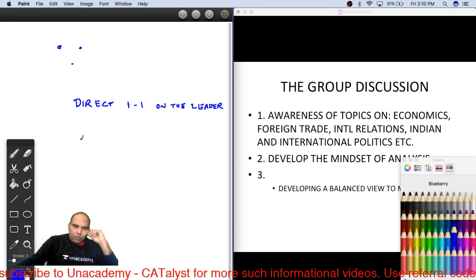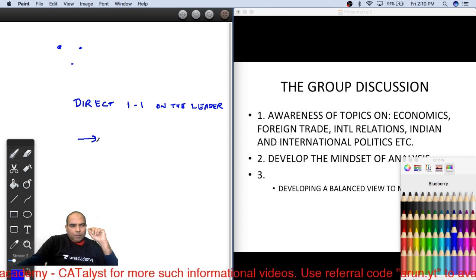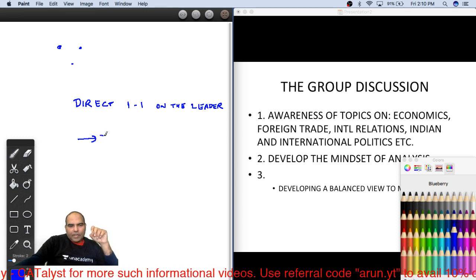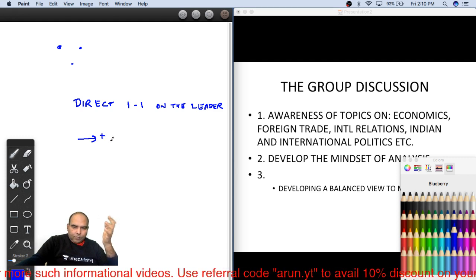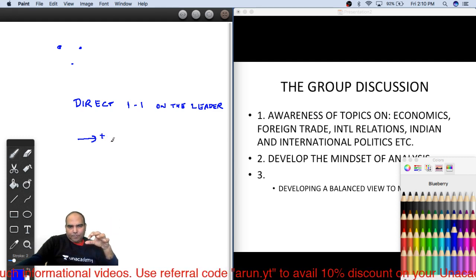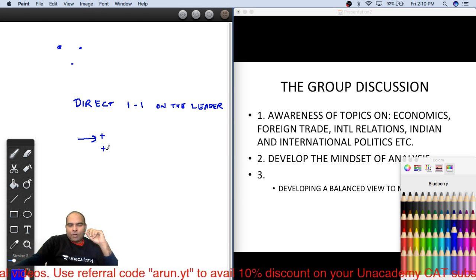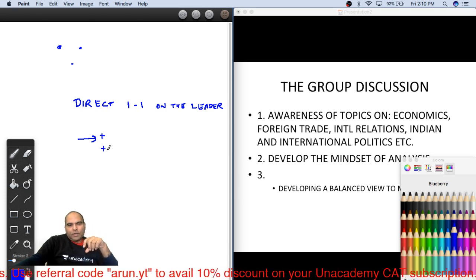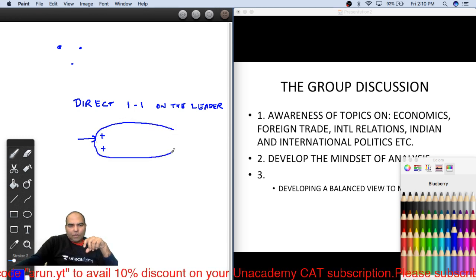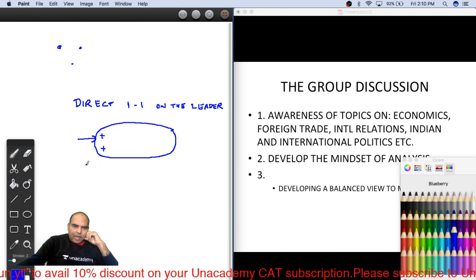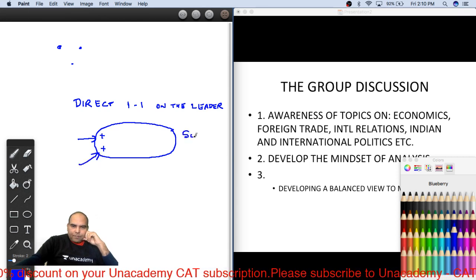So you can interrupt with a positive entry with the leader. I agree with what you are saying, but I would like to add something. Right? What you are saying makes a lot of sense, but I would want to add my own point to this. Right? So if you draw the attention of the leader and intervene with these kinds of interventions, he's going to support you